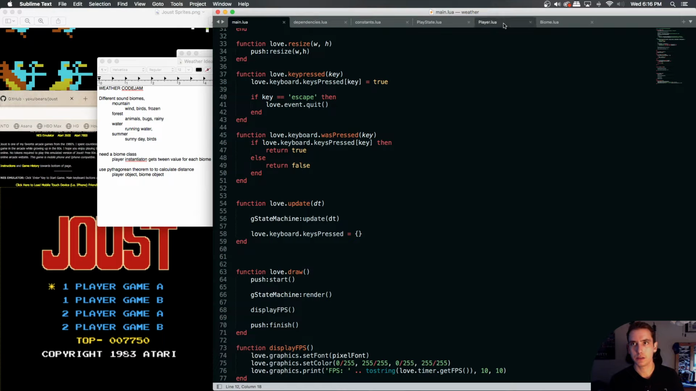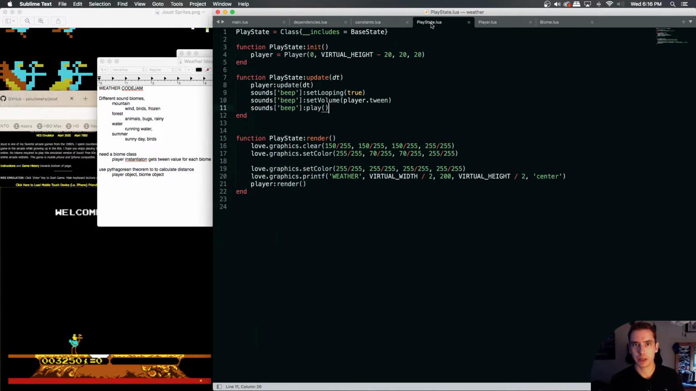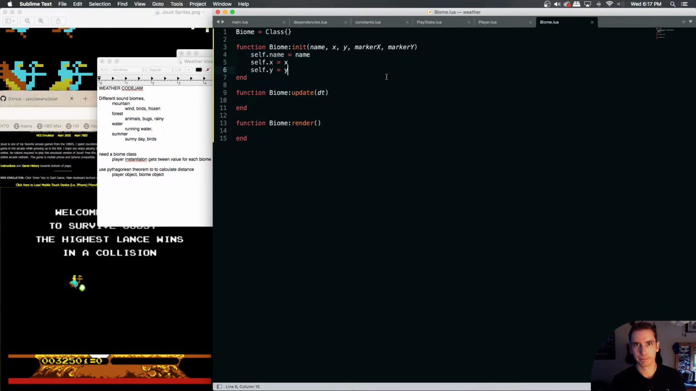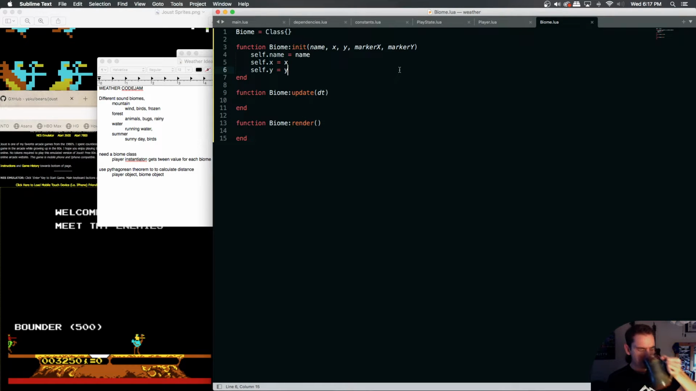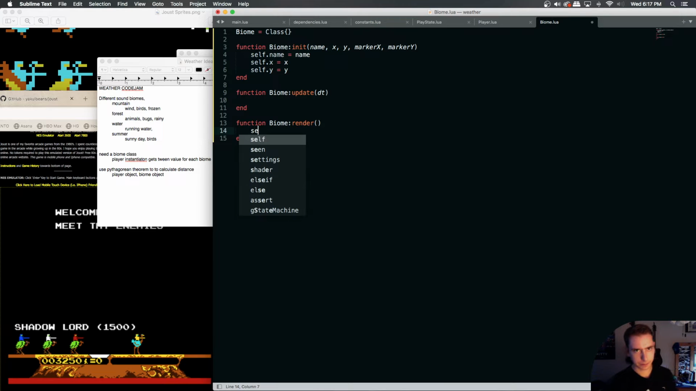So I guess a good thing to do would be, in our play state, I want to instantiate a biome. A biome takes in 5 parameters. It takes in a name, an X and Y, and then a marker X and a marker Y. So my goal is to print out an